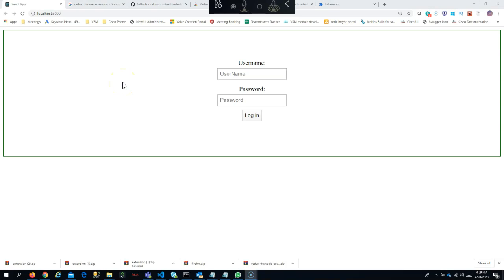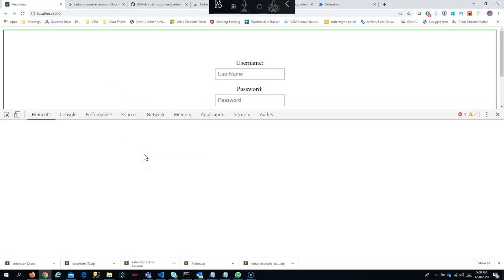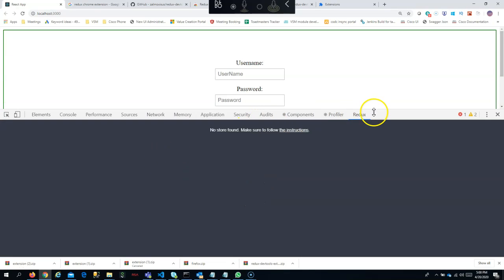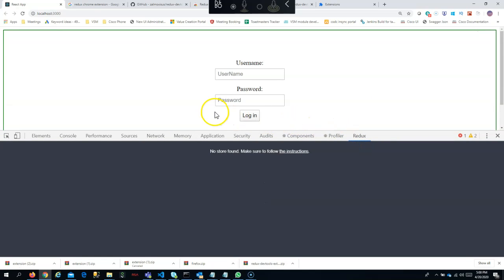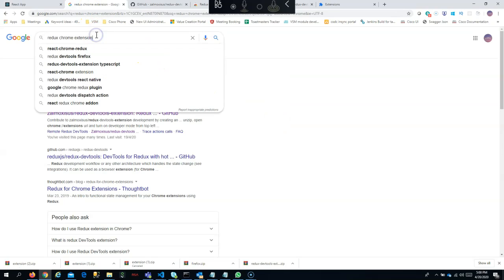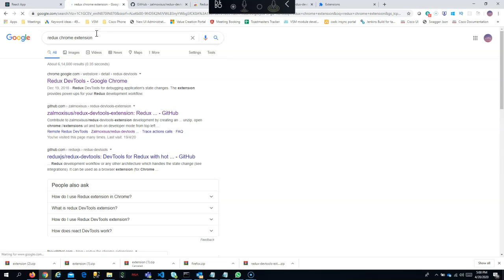So hi all, in this session we will try to see the Redux store by using the Chrome plugin. Once I download the plugin, I should see something like this. I should see all the stores found inside this application. So for that, the first step will be just go here and click on Redux Chrome extension